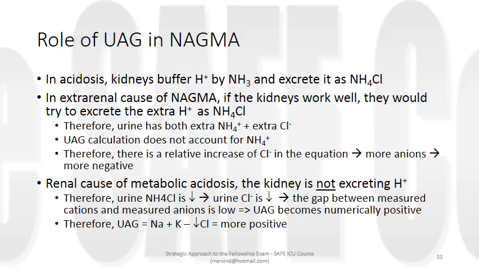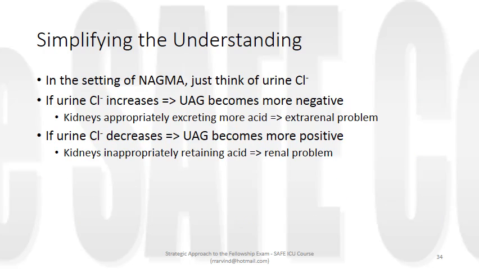Okay, so to simplify this further, just think of urinary chloride in the setting of normal anion gap metabolic acidosis. If the urinary chloride increases, then the urinary anion gap becomes more negative. So when does the urinary chloride increase? It increases when the excretion of acid is increased. Therefore, the kidneys are actually appropriately excreting more acid, and therefore the problem that's causing the acidosis must be outside